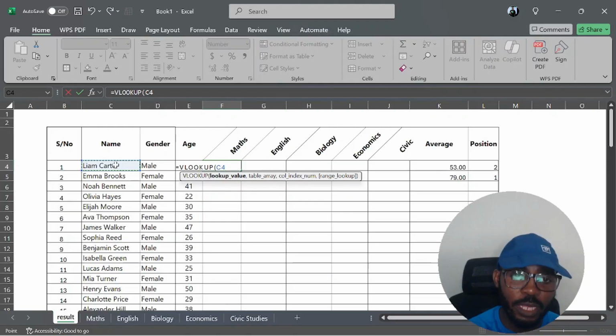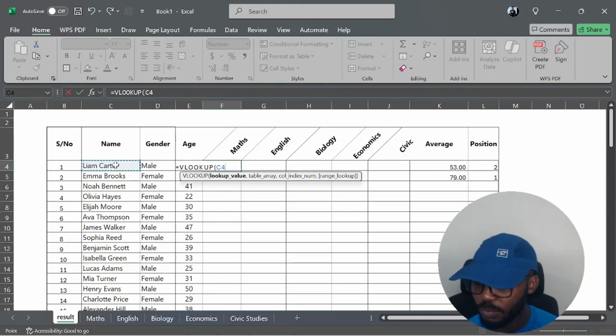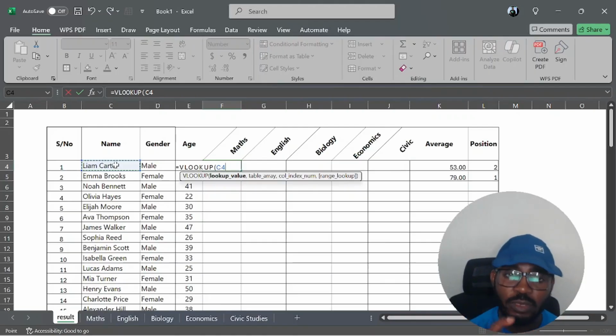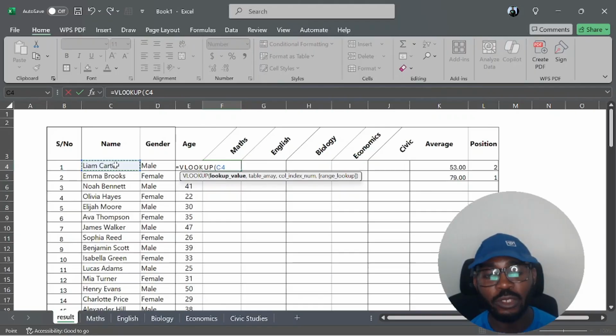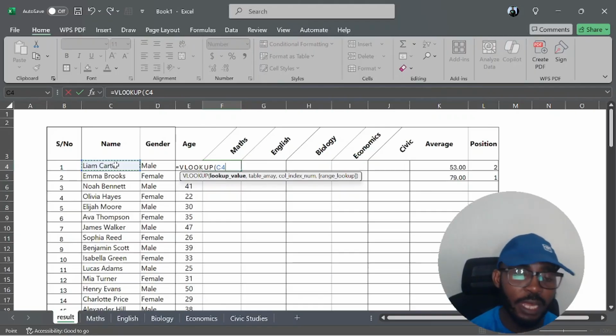So that particular thing that you want, that you're going to use to go to another space, right? That point of reference, say, oh, Liam Carter is what I'm looking for. You're searching for Liam Carter, and then you have to go to the maths grade book or English grade book. That is the lookup value. It typically refers to a single value, right? At its simplest form it is a single value, and most times like this, it's just stored in a cell. So you can just type that cell reference, or you click on it like I have here,